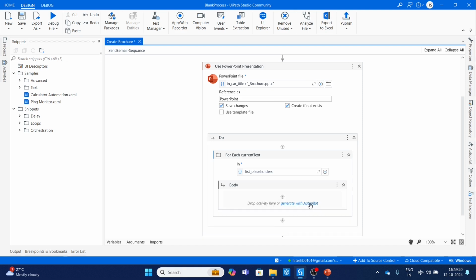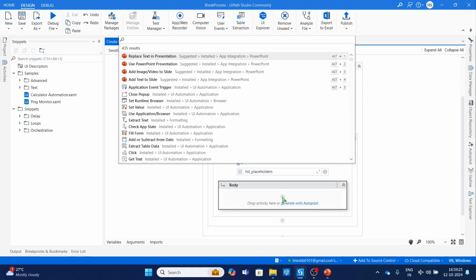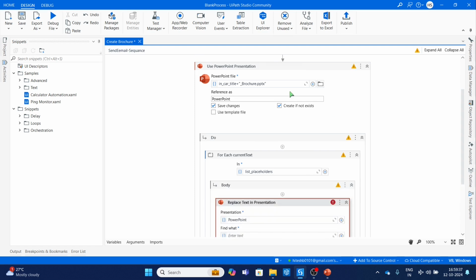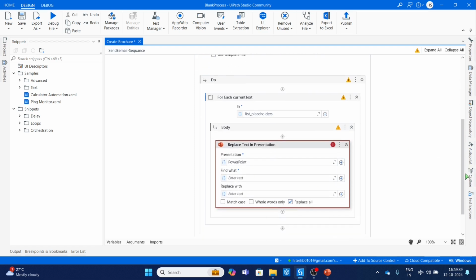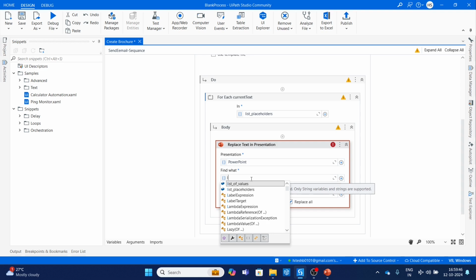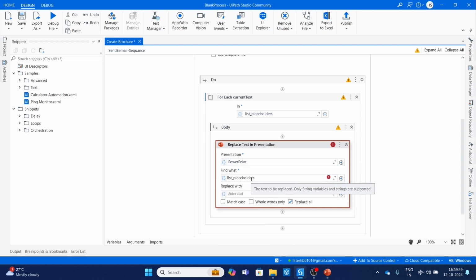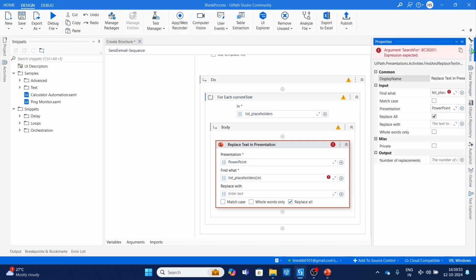We have to delete this because this was for the last one. Now what we will do is take Replace Text in Presentation. In UiPath, you have the activity under UiPath PowerPoint activities, Replace Text in Presentation. It will ask which text you want to replace. So in our list of placeholders, we want to get the value that is at